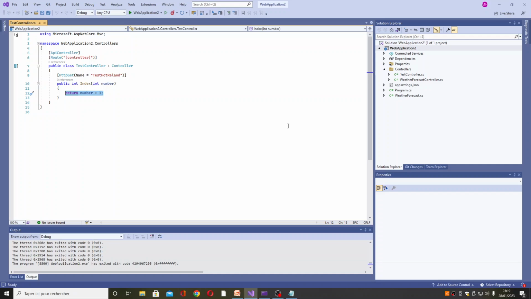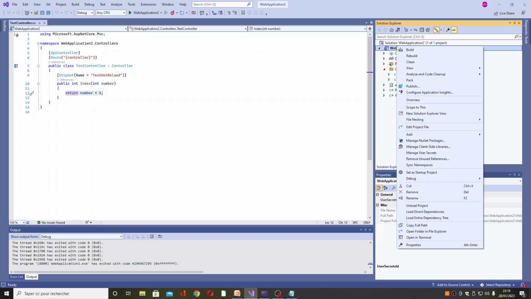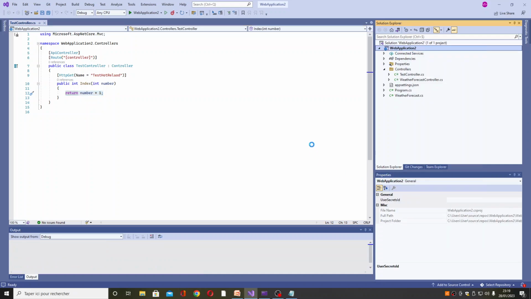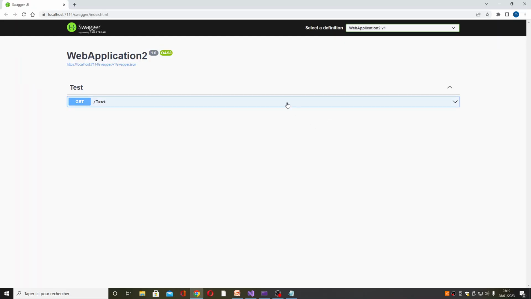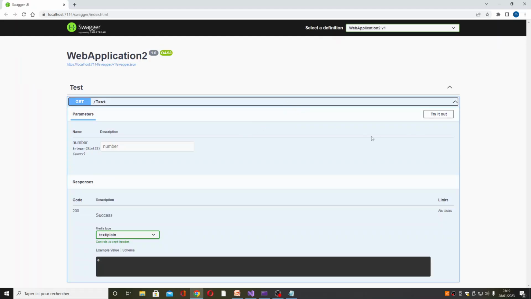Okay, and first I will launch my project in debugging mode, like this, for example, debug, start new instance. Okay,